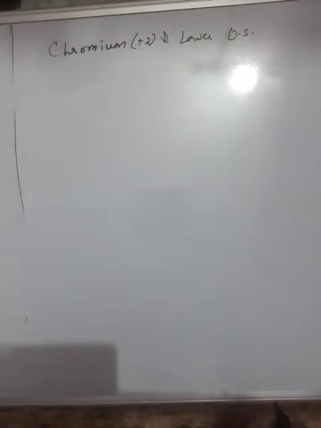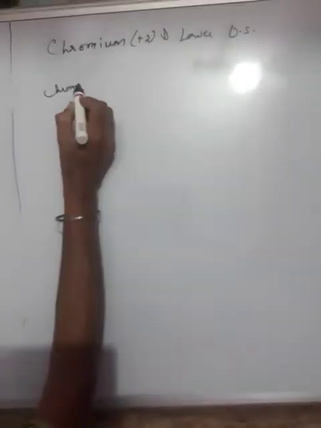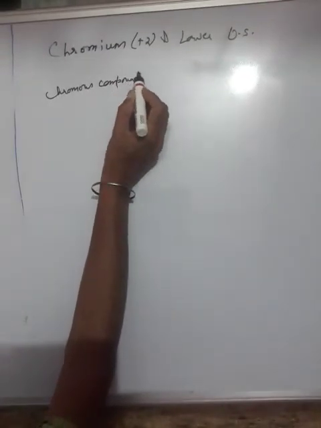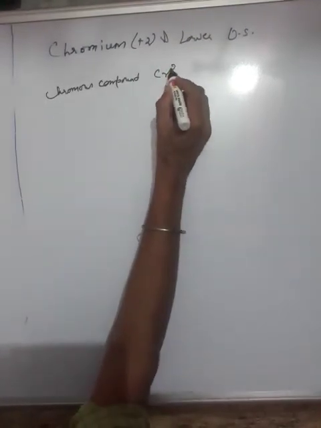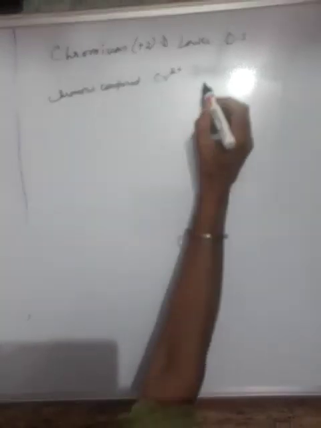Now, the plus 2 oxidation state is seen in the chromous compounds of chromium. These compounds are called chromous compounds, and they are ionic in nature and have the ion Cr2+, which is sky blue colored. This gets oxidized to Cr3+, that is the chromic ion,